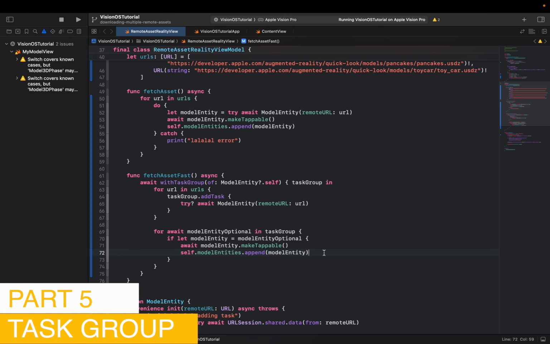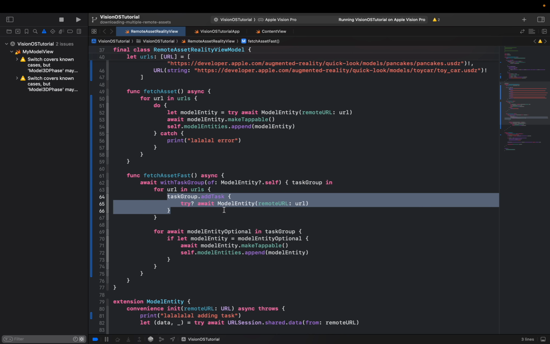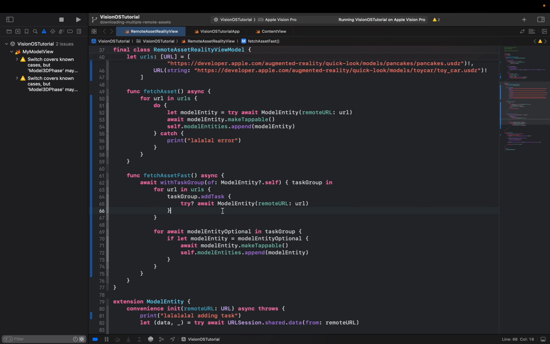Let me explain what this task group is. Basically, think of it as a confined space designated for your collection of asynchronous tasks. So I'm going to repeat that. Confined space designated for your collection of asynchronous tasks. It works as a room for your tasks, and then it stores the return value of your tasks. So in our case, we are storing the result of our asynchronous model entity operations